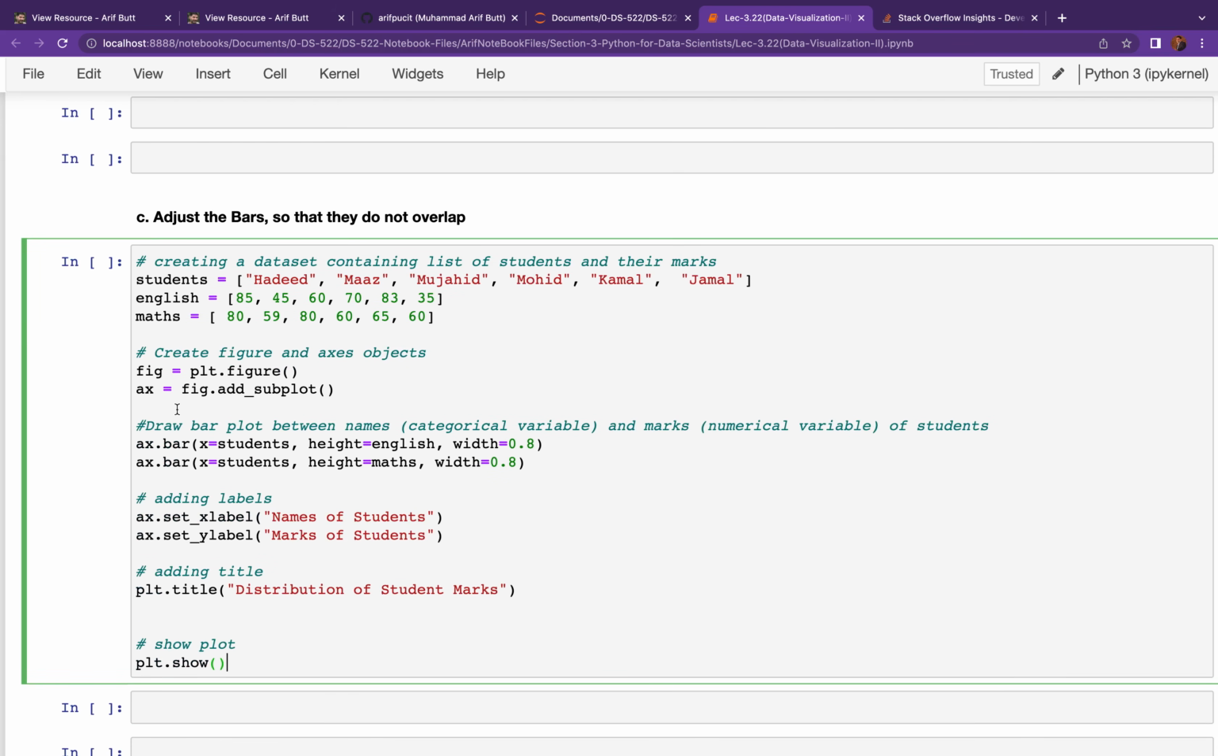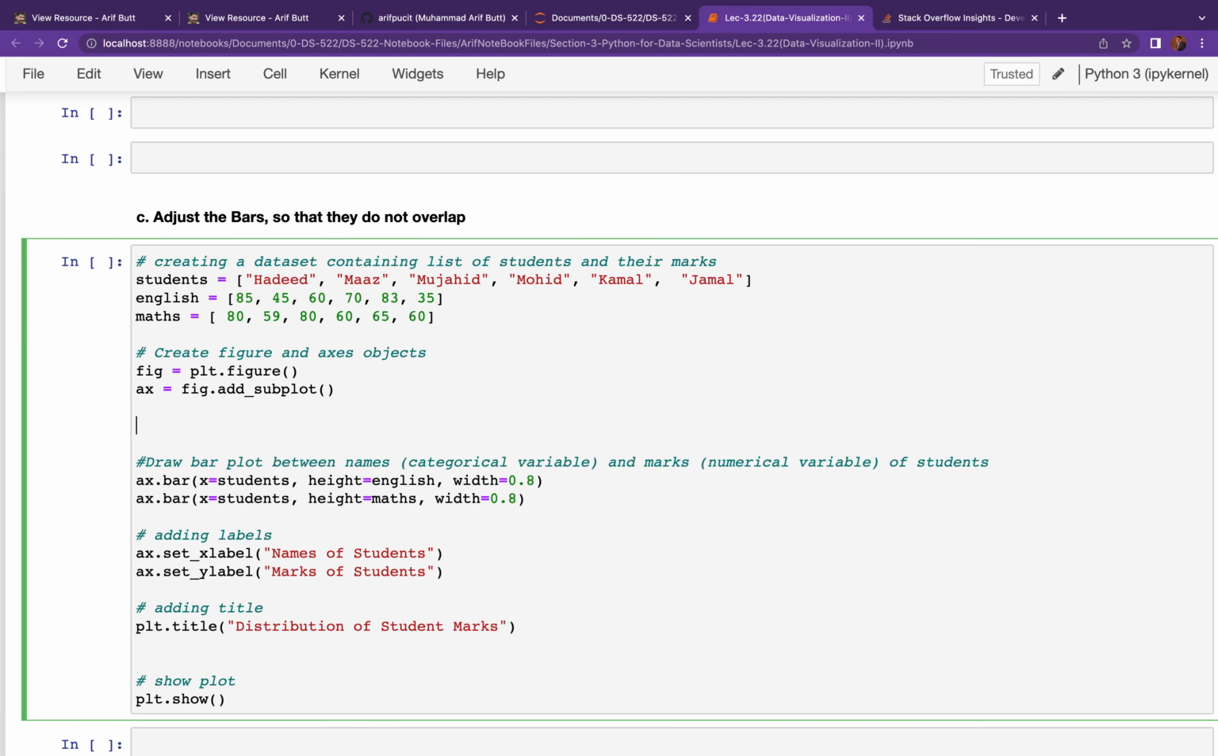So for that, let me create a list of points. Let me call it index. Index is equal to np.arange, and I need the index corresponding to the number of students. Okay, fine. So I have the index, and instead of having along the axis the students' names, I just say x is equal to index. Okay, and over here I also say index, and